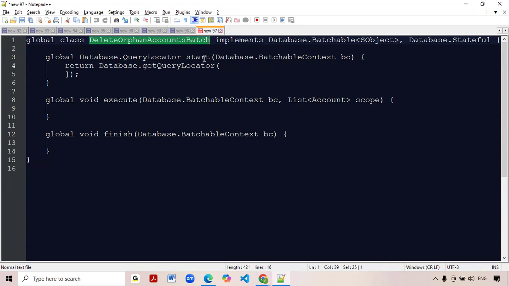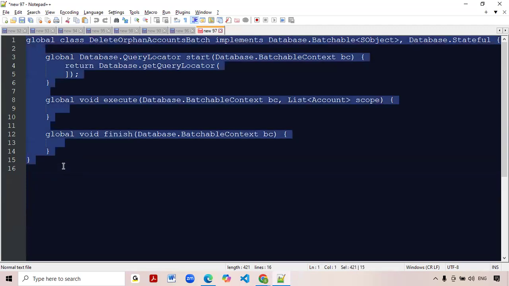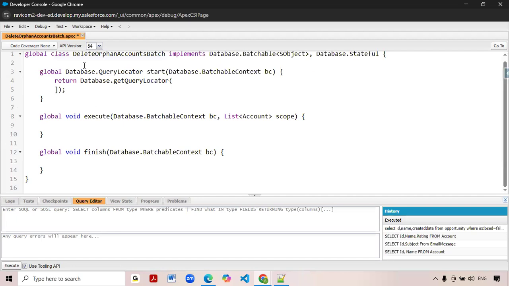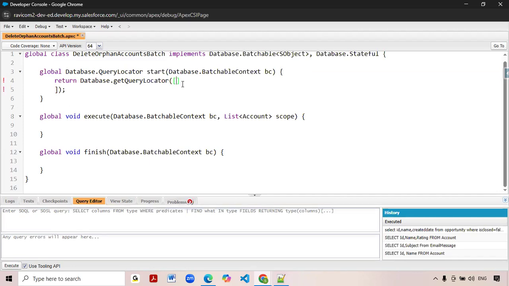Already we know, in the batch class, the start, execute, and finish methods. These three methods are common, so I'm just going to copy paste the syntax only. Now here we are going to build our query. In the query locator in the start method, select ID